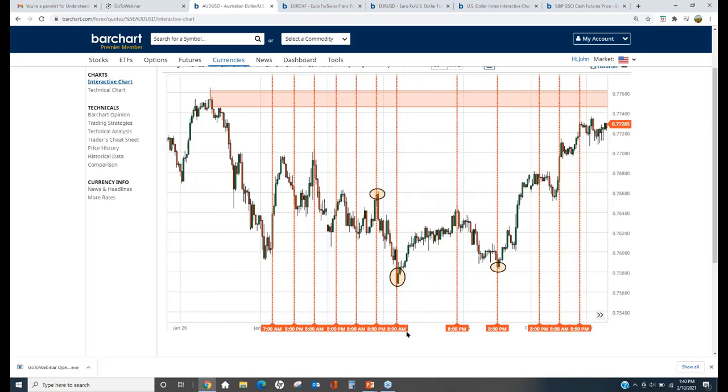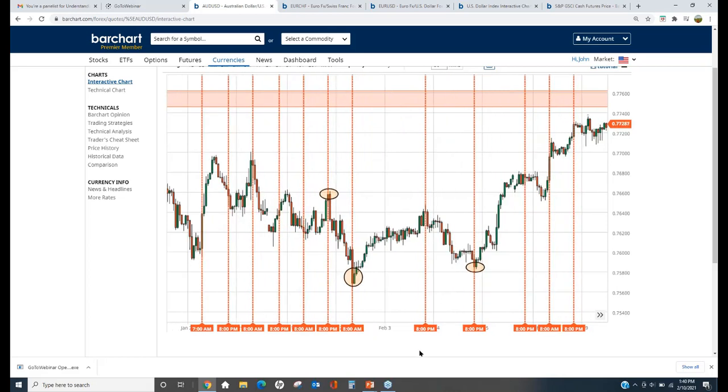Let me tighten it up. There we go. Okay. So I just randomly drew some lines around where we see price change direction or where I see price accelerate in terms of my trend. Now, remember, think about